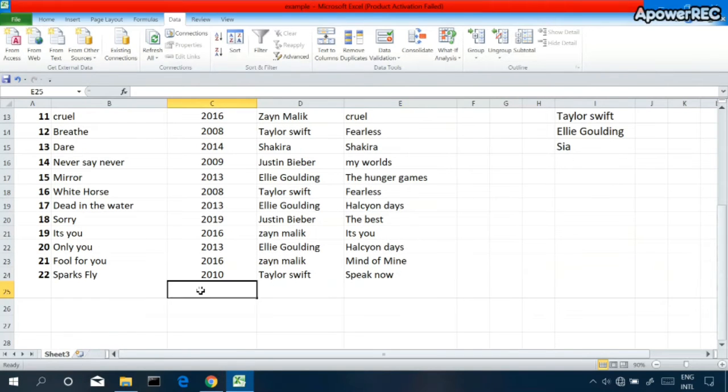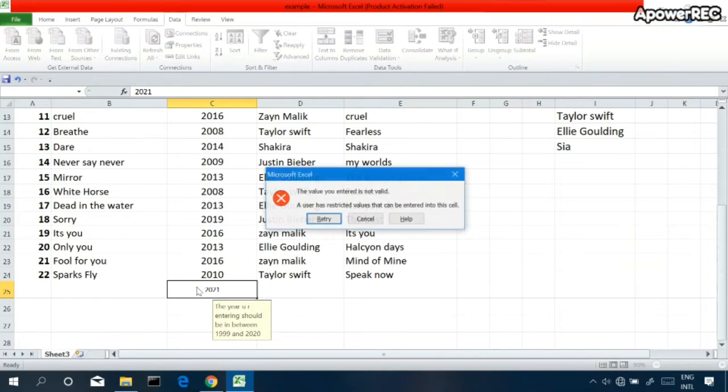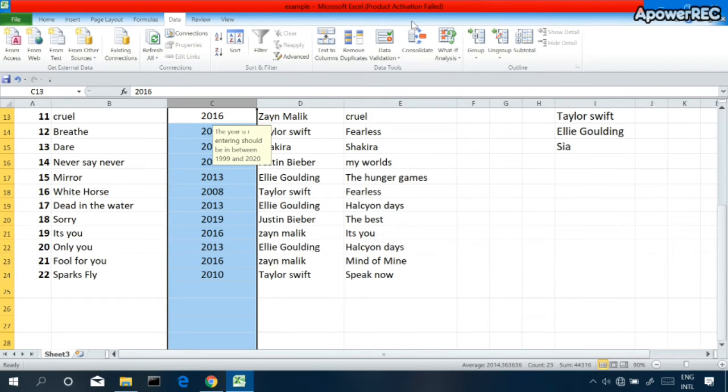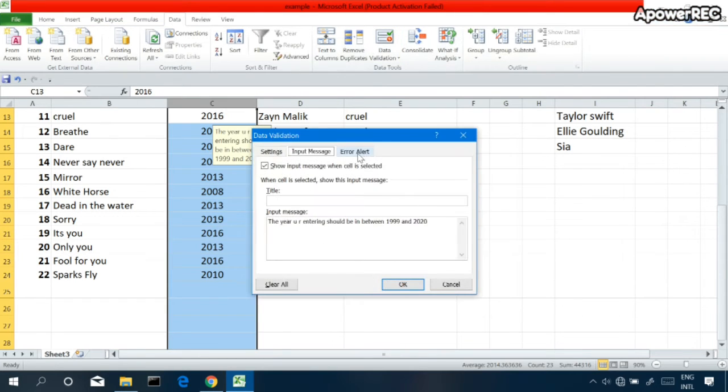You see, when I entered some wrong information, it showed me an error message. But what if I want an error message that is easy for others to understand, showing what their mistake actually is? If I want to display my own error messages, just select that particular column, go to Data Validation, and there is a tab, Error Alert. You can set any style: Stop, Warning, Information. This time I selected Stop.